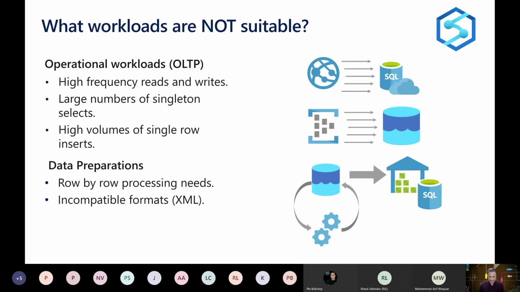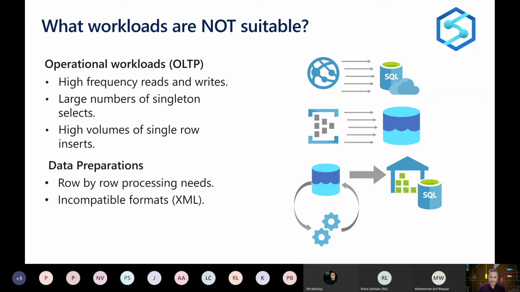Now let's look at some of the things where SQL Data Warehouse might not be a good fit. Because we are talking about big data analytics and the MPP kind of architecture, there are scenarios where, although all these good capabilities come in out of the box, this SQL Data Warehouse or Azure Synapse might not be a good choice. First one is if you have an operational workload or OLTP kind of scenario where you have high frequency reads and writes, and you're doing very singleton kind of queries.